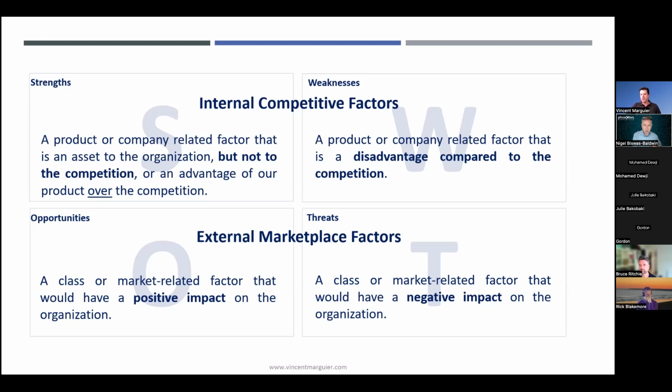The outcome of SWOT analysis also provides some elements that will be used in the risk and opportunity assessments. Some are obviously straight out of opportunities and threats, but others come more from the internal side. So as a project manager, I spent a bit of time with the team on these 4 definitions that you see on screen to make sure they're clearly understood before I ask the team to apply them.